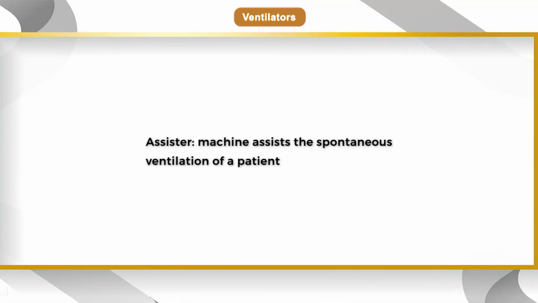Assistor machines assist the spontaneous ventilation of the patient. Negative pressure ventilators imitate the physiology of the patient's body. In a negative pressure ventilator, the patient's body is sealed in a chamber for treatment. Chamber pressure is reduced, creating negative pressure around the thorax. Inhale, and air will be inhaled. Return the chamber pressure to atmospheric, and the lungs recoil or